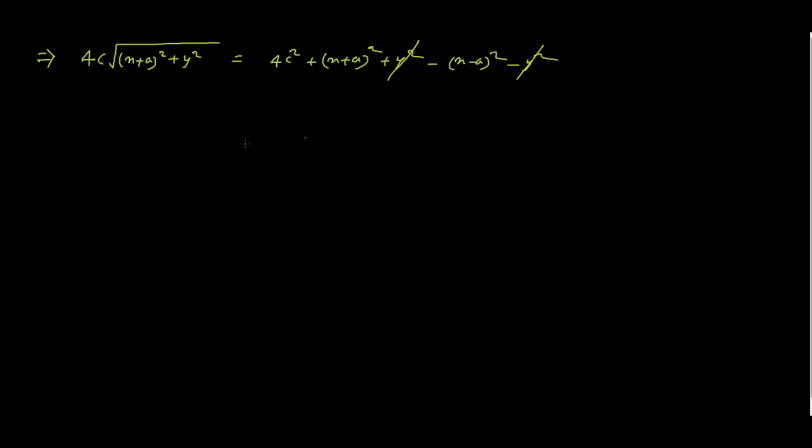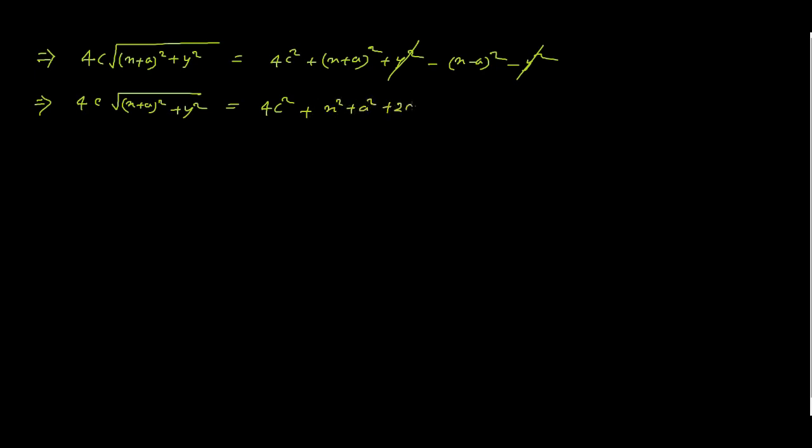Y square and y square is getting cancelled. So 4c into square root of x plus a whole square plus y square is equal to 4c square plus x square plus